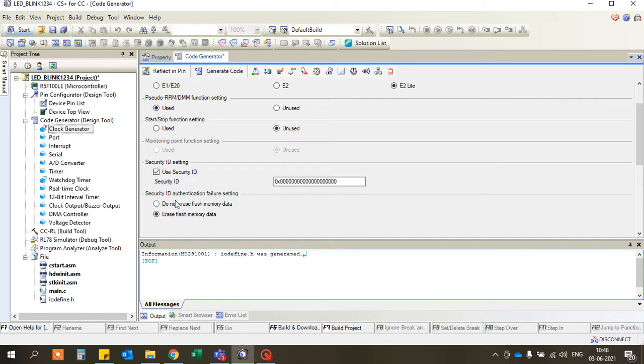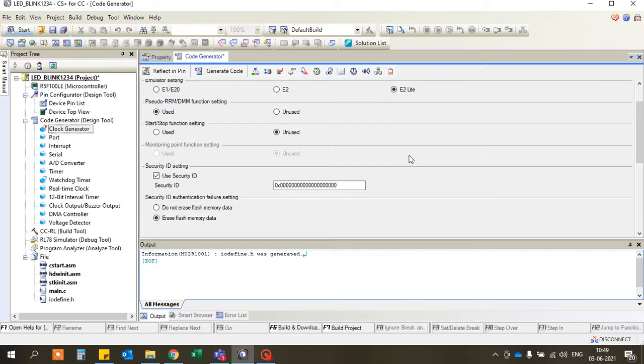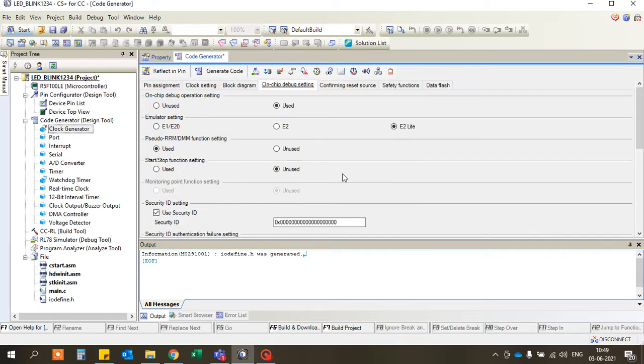What is this security ID? If you are debugging your project in the controller, and your debugger setting does not match this ID, then it will not debug your program in your controller. Okay, just keep it as it is.